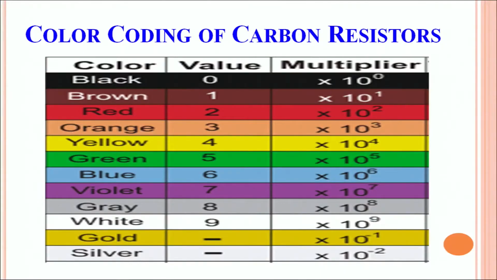How does one read the resistance value associated with these colors? This is mapped in this table. In the first column you can see the colors listed here: black, brown, red, orange, yellow, etc. And in the second column you can associate a digital value to each color. For example, black has a digital value 0, brown 1, red 2, orange 3 and so on. The digital value goes from 0 to 9, and as far as the colors are concerned, please note you are going from black to white.